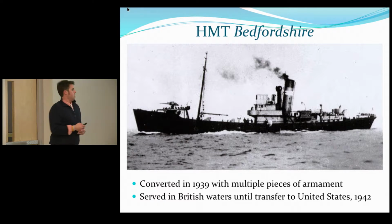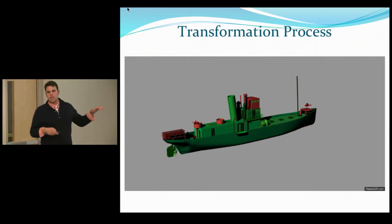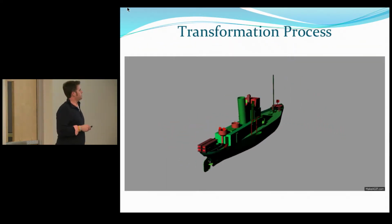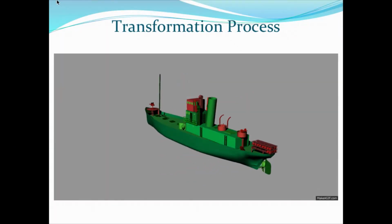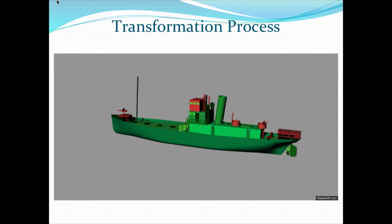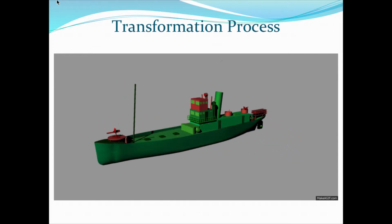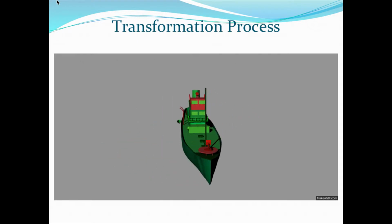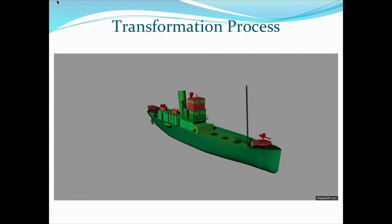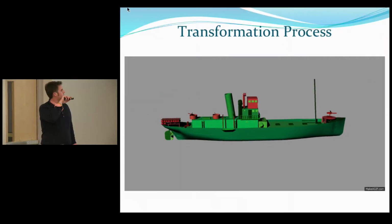came over to work and operate in U.S. coastal waters in 1942. Here's that green imagery again, where we're picking out what is original use and what is converted military use. Again, the majority is green, with the main features being your deck gun converted, your depth charges at the stern. There was a covering for the compass house added, and a searchlight, as well as you have